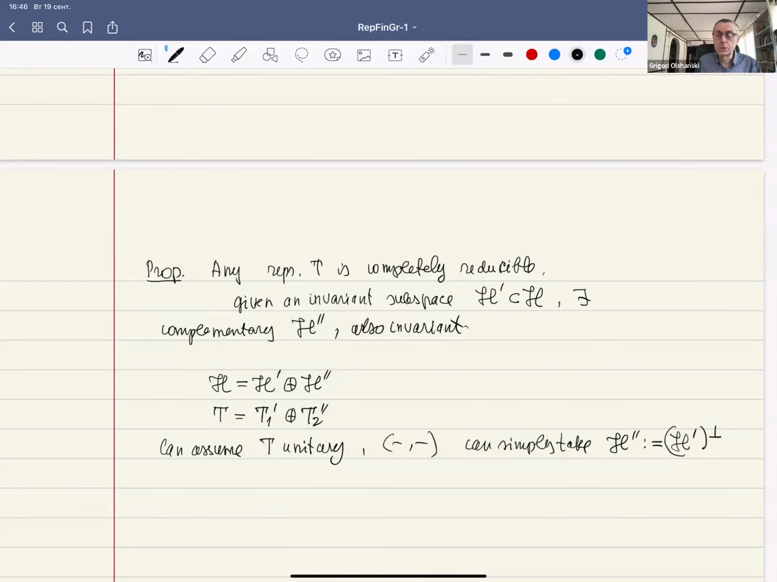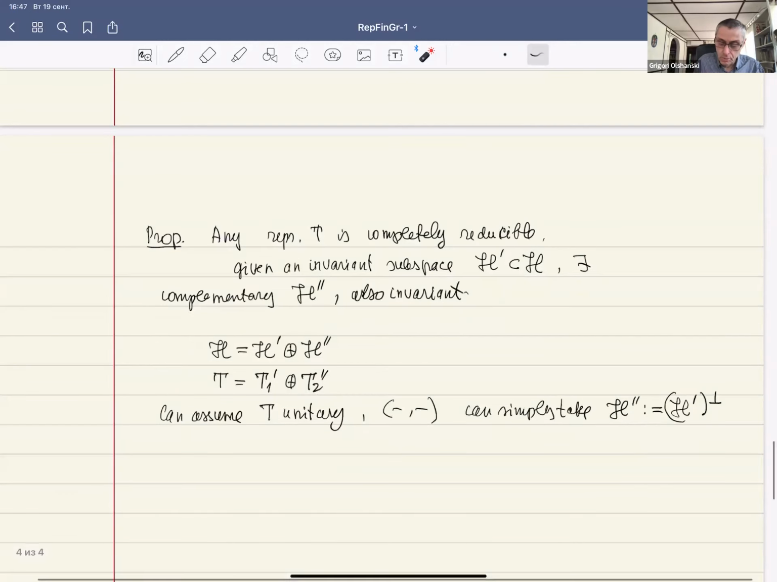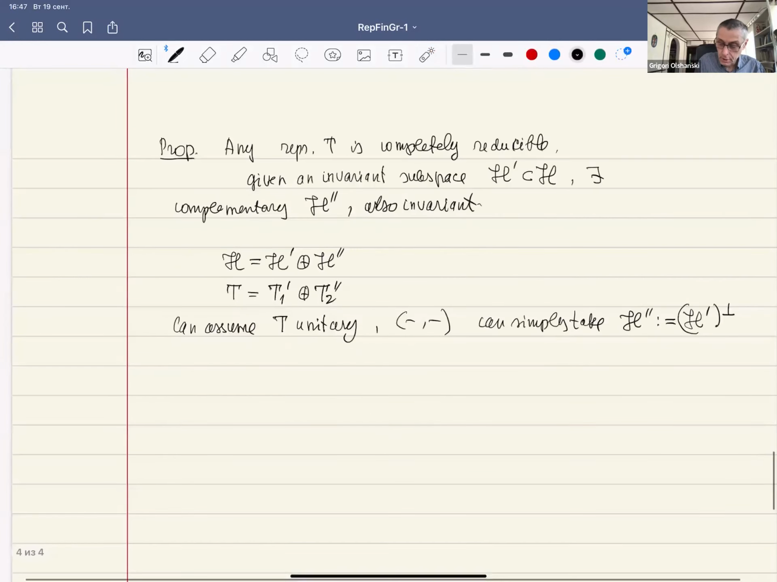From the very definition of unitary representations, it follows that once our subspace is invariant, its orthogonal complement is also invariant. So this is proved. We obtain this claim, the existence of a complementary invariant subspace. And then the corollary